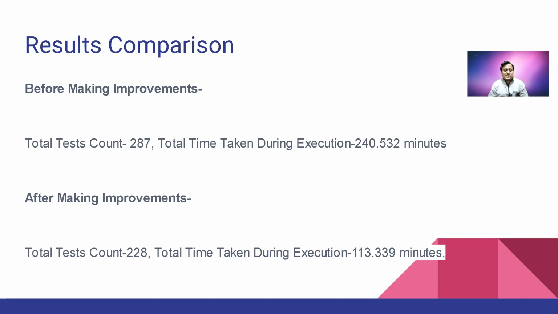So this was the result. Before making all those improvements, our test case count was around 287 and total time taken during execution was 240. But after making all those improvements, our test case count decreased to 228 because we merged a lot of test cases to improve our test coverage rather than test case count. And total time decreased to